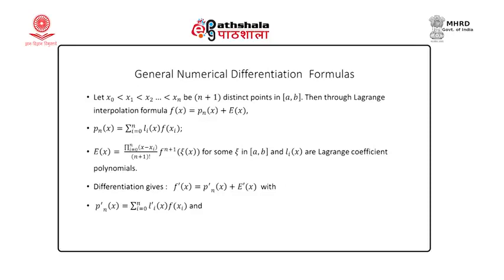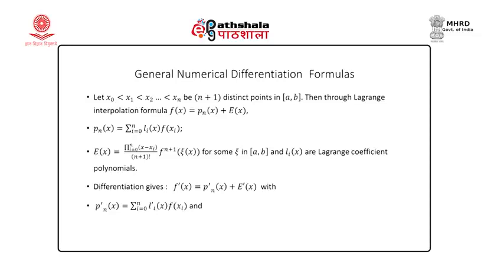So, let x 0 less than x 1 less than x 2 less than x n be n plus 1 distinct points, and we know that f x is given by the interpolating polynomial plus the error term, and p n x is the Lagrange's interpolating polynomial for our purpose. So, p n x, the expression we know very well, is given by summation i equal to 0 to n L i x into f x i, where L i x are the Lagrange's coefficients, each of them is a polynomial of degree n, and we also know that L i x are given by the numerator in the